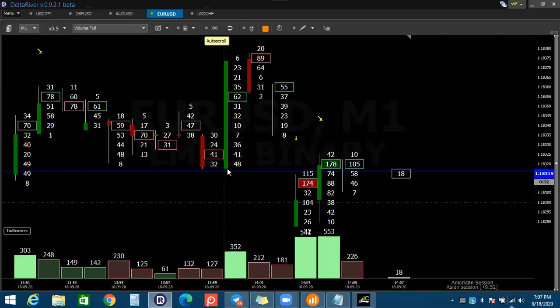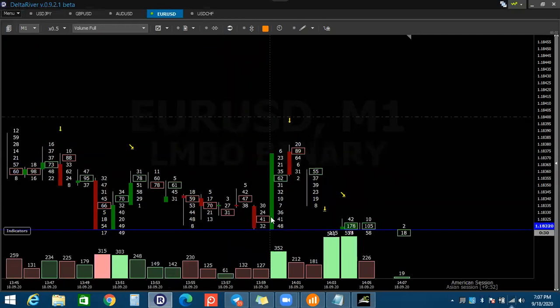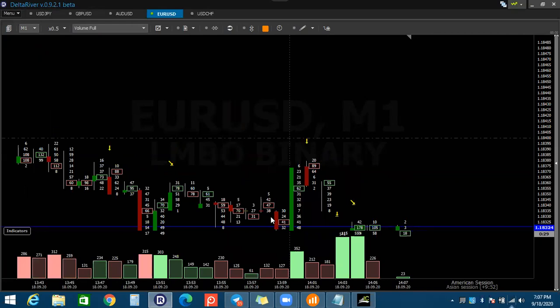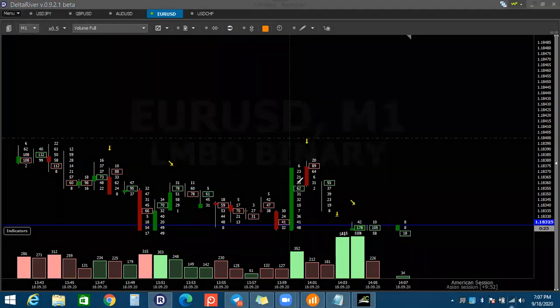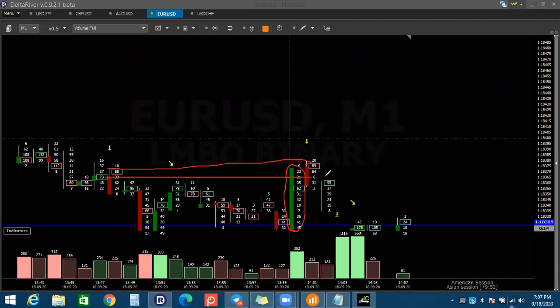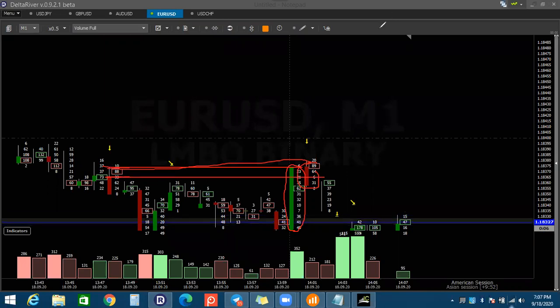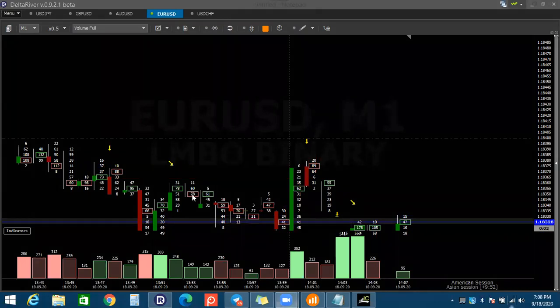Okay. So now look here. If I say this candle is a breaking candle, am I right? It's a breaking candle. Yes, sir. So the highest volume is here. Got it? The next candlestick goes down, but there was a signal to continue up. Why is it going down? Because of this highest volume. So these levels work like support and resistance. This will give you the idea about support and resistance. Now this highest volume is a resistance level. And there is a highest volume here, we can say it's a support level. Okay, so start from here.